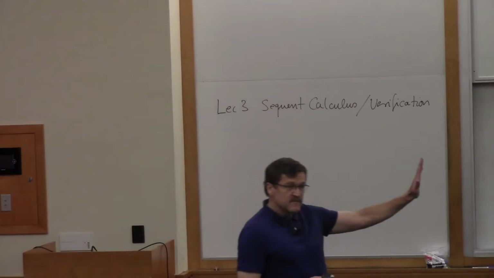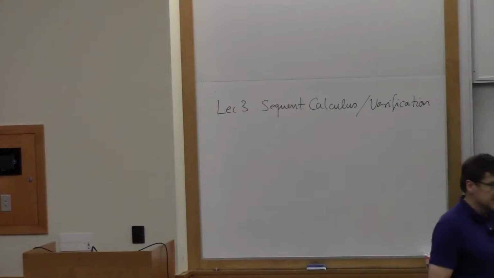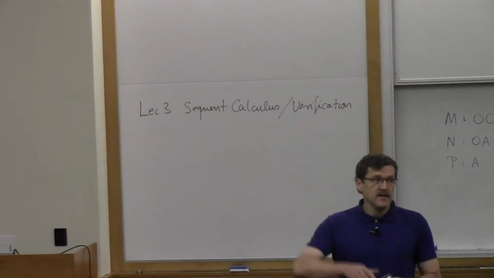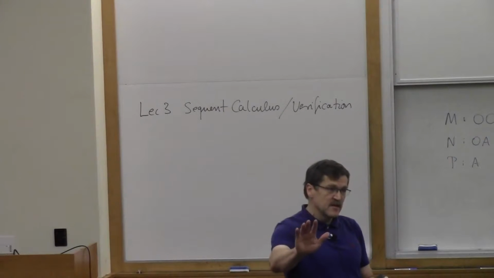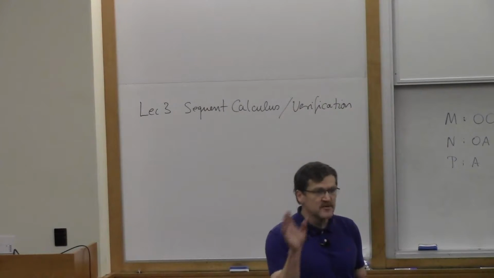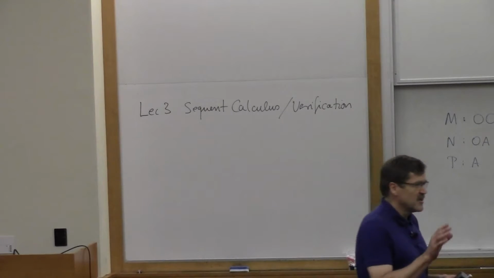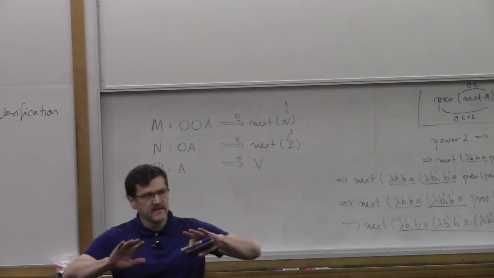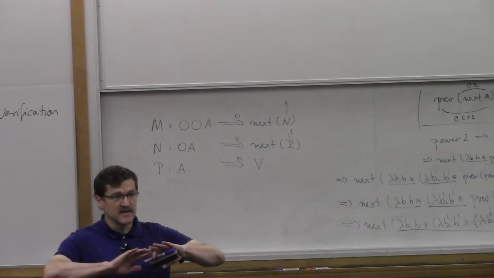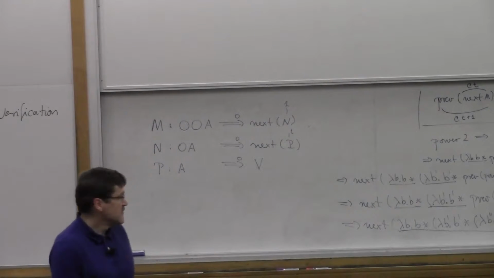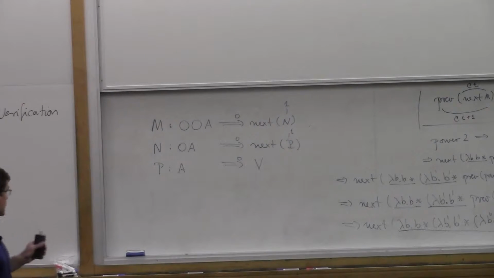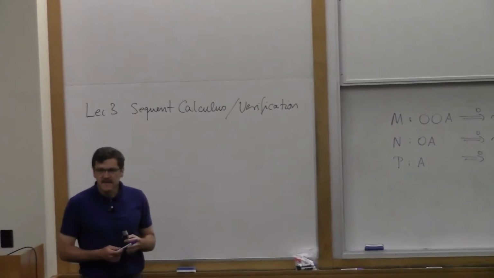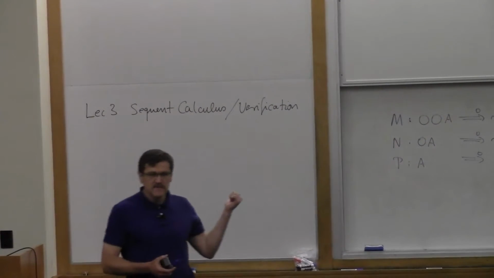People have thought about concurrency for a long time and trying to figure out how to have a type system for the pi calculus and how to have a good language that does it and be able to reason about that. And on the other side, people were doing linear logic for a long time. They had a vague idea, it had something to do with concurrent computation, but really not very crisp. In 2010, Louis Caires and I figured out that, oh, they are the same thing, okay? So that's just a preview, okay? But today, I need more background, and so I'm going to talk about sequent calculus and verifications. Are there questions on this before I move on?